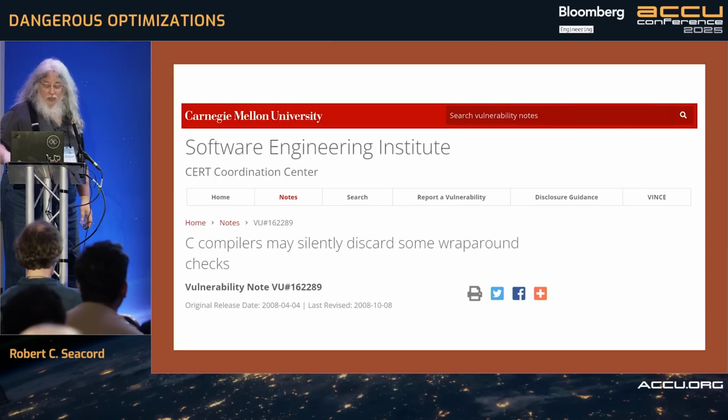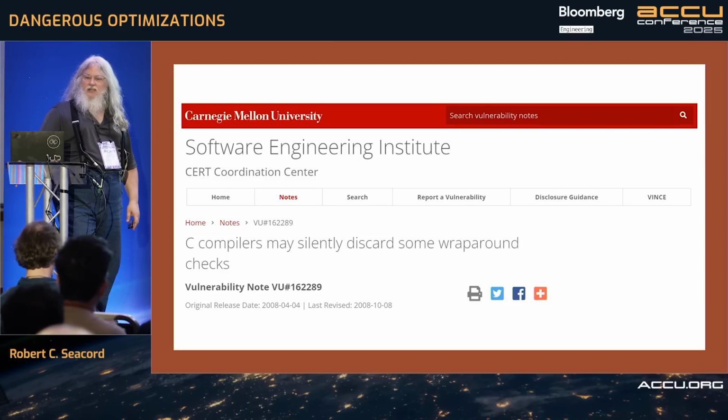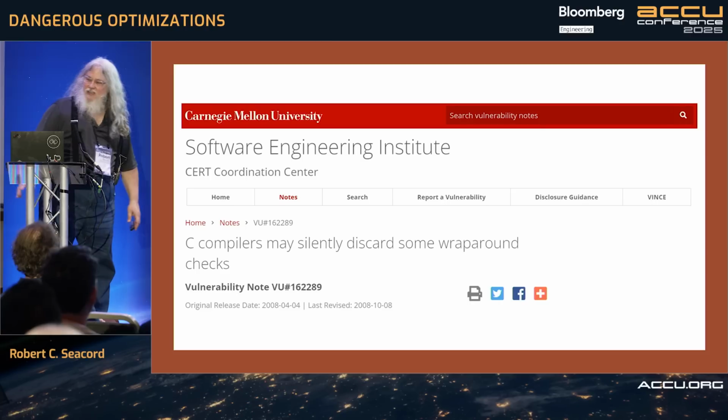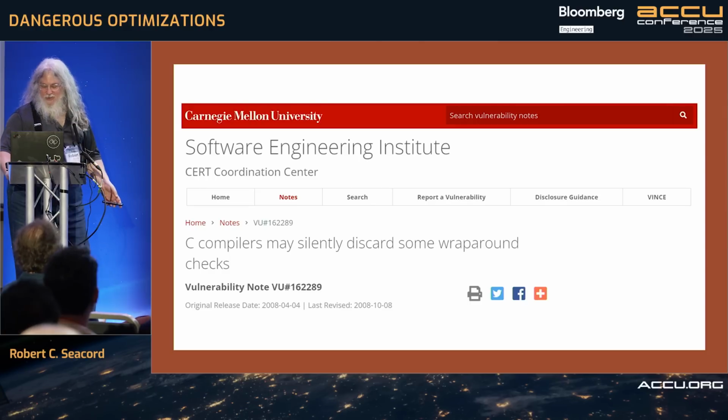So this is the vulnerability we wrote at CERT. There's a couple interesting things about this vulnerability. One is I was at an open source conference in Madrid in 2015, and I mentioned this, and the guy I was talking to said, "Oh my God, you're the person who wrote that vul note." And it turns out this is what I'm most famous for among some subset of nerds, who may never realize I've written 7 books on computer science, but they know that I wrote this vul note in 2008. This is also, as far as I know, the only vul note of its kind.